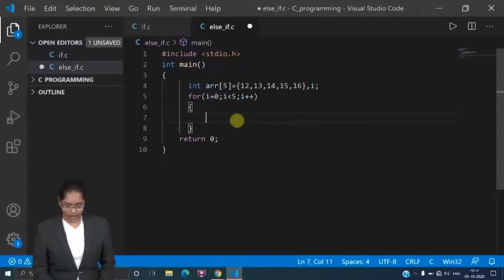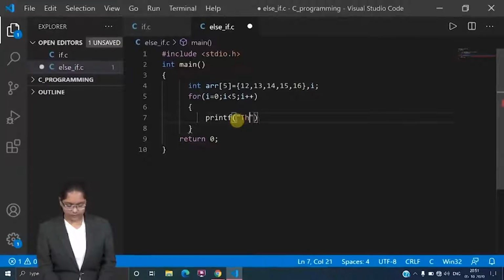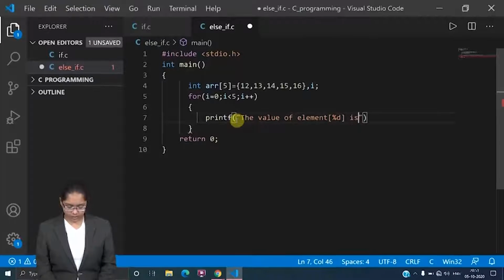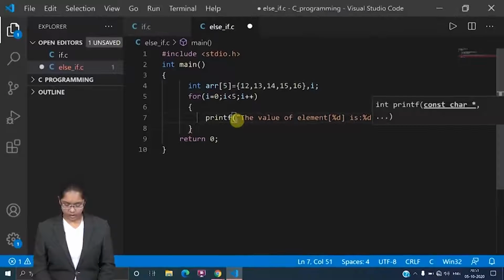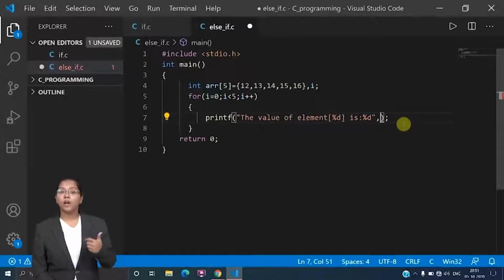So here I will printf the value of element %d is %d. Firstly, for the value of element, I need to specify the index number, and the index number is stored in my I value.